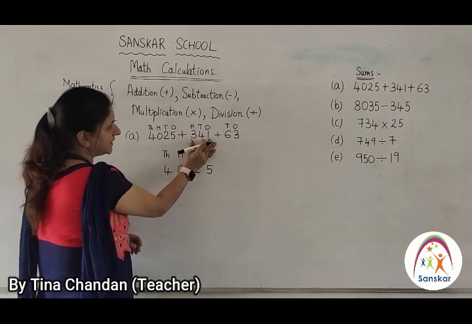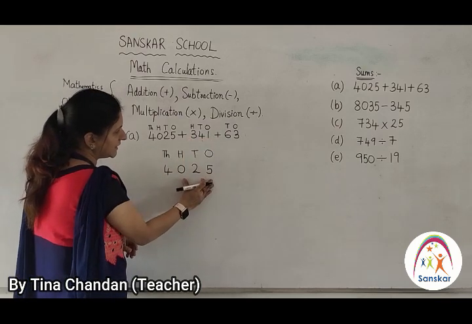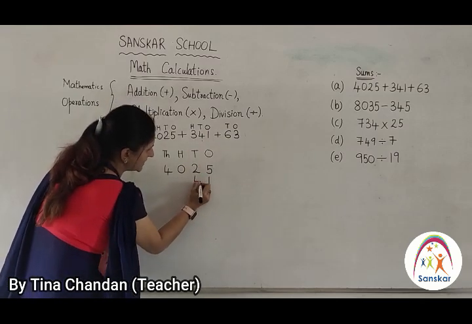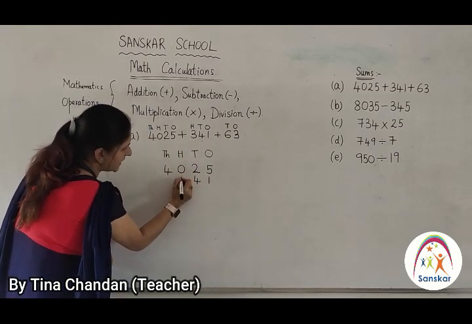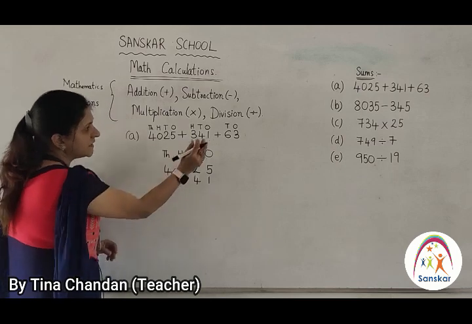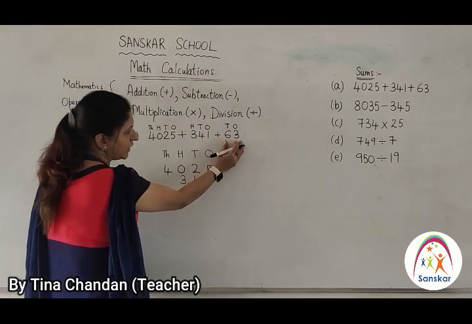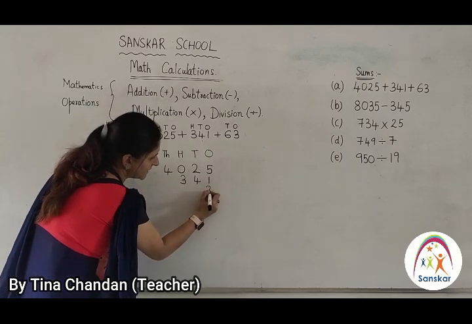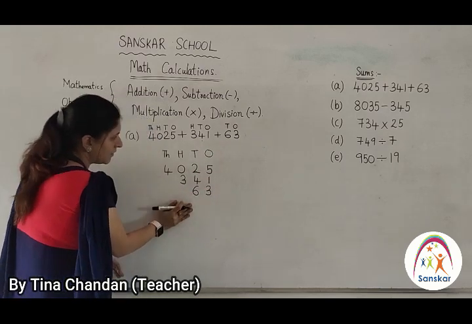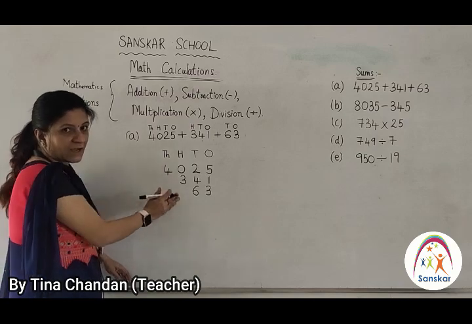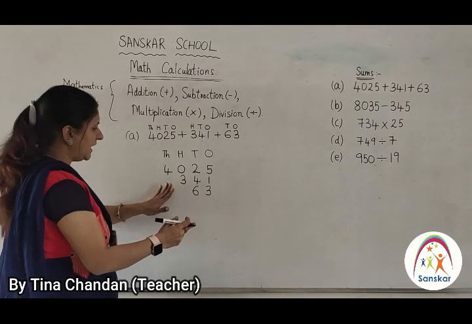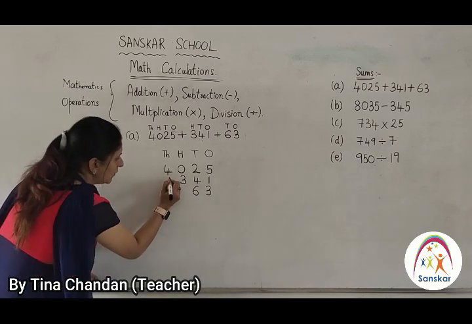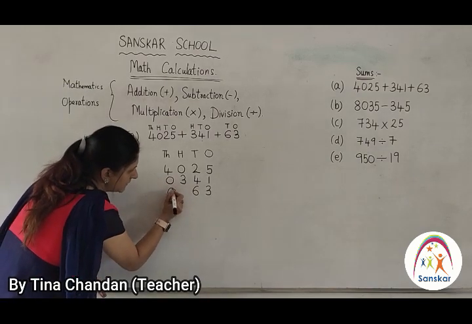Okay, now we'll take the next number and place it in the proper places. That is, 1 is at the ones place, 4 is at the tens place and 3 is at the hundreds place. In the same way, the 2-digit number we are going to place in the ones and tens places, that is 3 and 6. After arranging these numbers, our next step is, if any empty space is there, we are going to insert 0 over there.